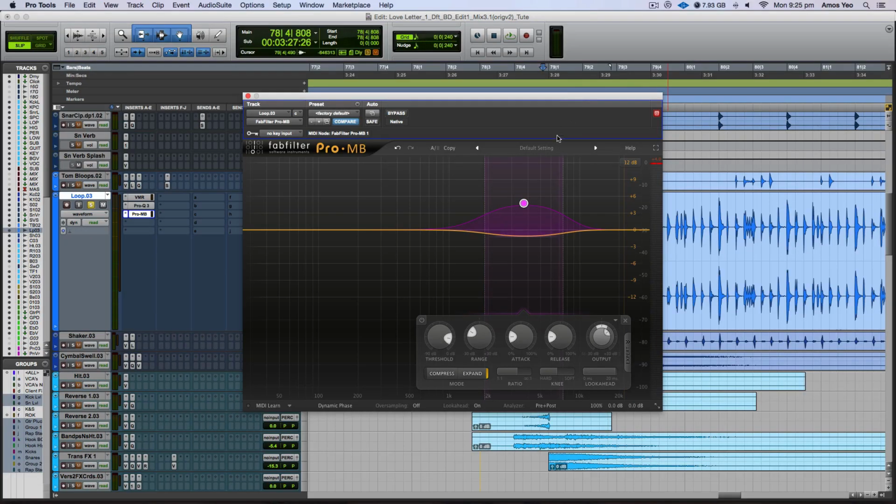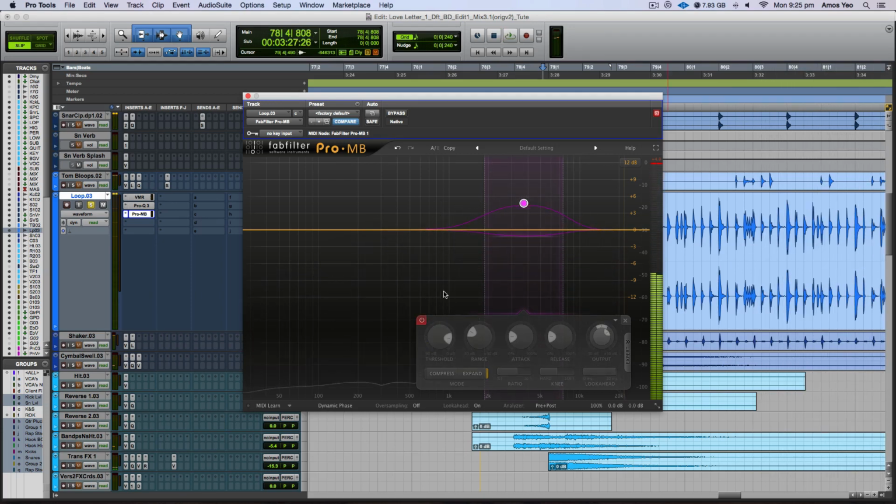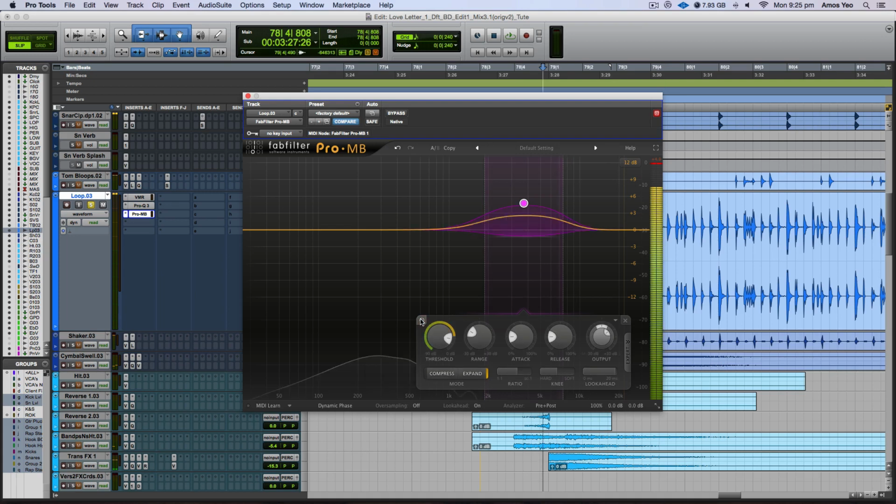So there are a few ways you can do it. What I'm showing you here in Pro-MB is just finding that particular frequency, using an expander and pushing it up when the signal hits the threshold, so that the hat section of the loop gets brought up prominently. Let me just play it for you, and then you can see that this thing starts to move when the hat is being played. And without it, if I were to take it out, and then if I put it back in,